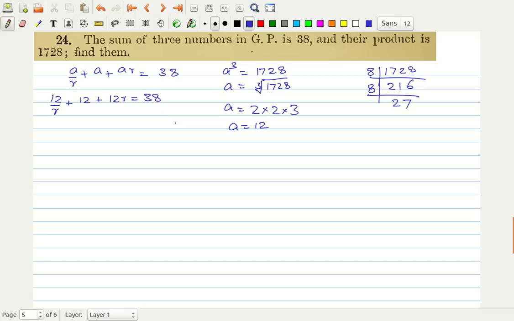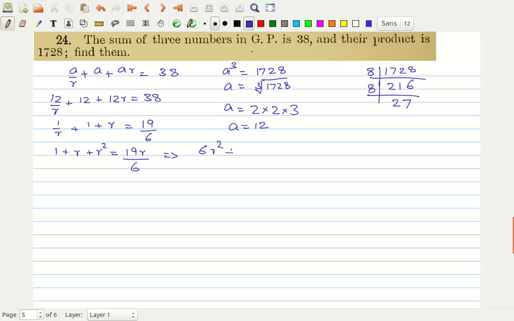If I divide the expression by 12, you get 1 by R plus 1 plus R is equal to 38 by 12. 38 by 12 can be written as 19 by 6. Okay. Now I multiplied the expression by R, so you get 1 plus R plus R square is equal to 19R by 6, and therefore